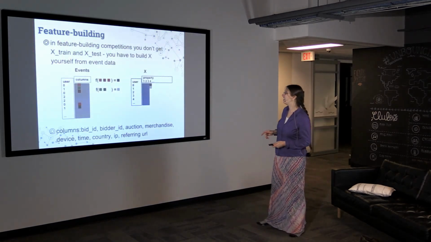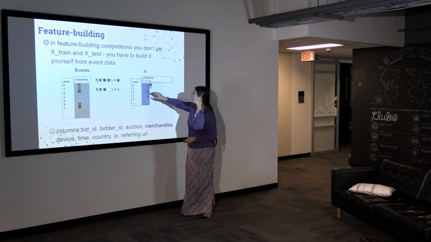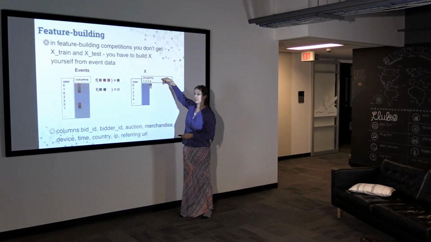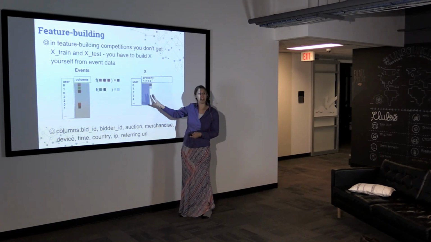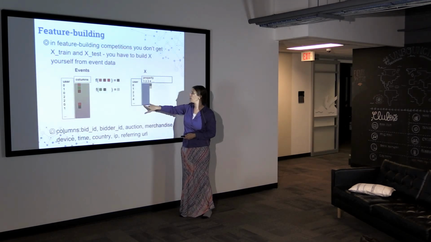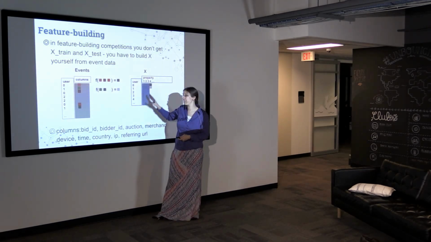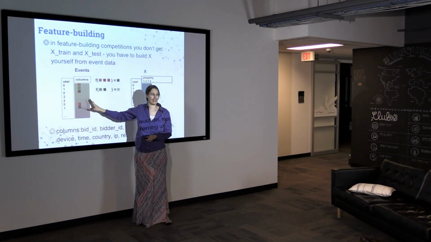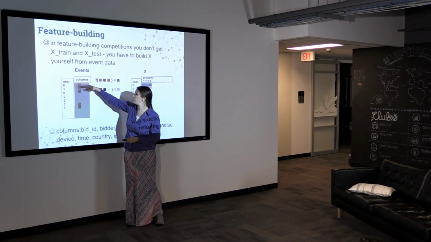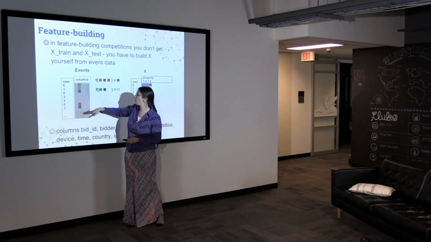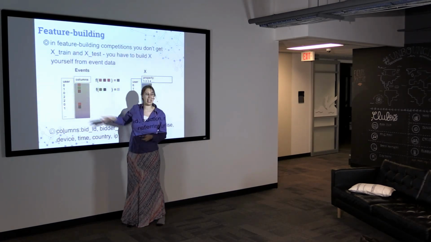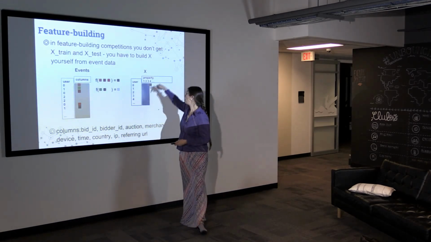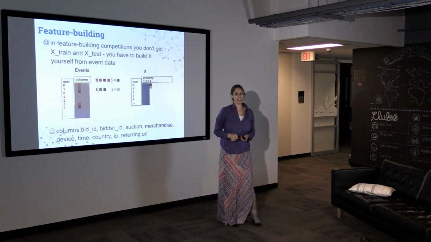Here we go. Let's look at this slide. X is this matrix where each user is a row, and then you have properties of this user. When you downloaded the training data, they gave you X-train here, but then you actually have to add additional columns to X-train by examining the event behavior. Every time a user makes a bid, for example, user 0 makes more than one bid, you have to make some sort of aggregate description of their bidding behavior, so you can put that as a feature into this matrix. Is that clear?